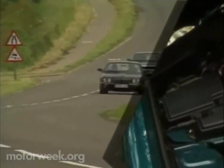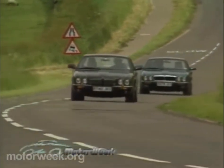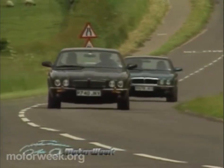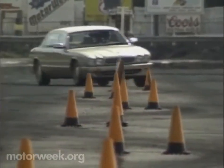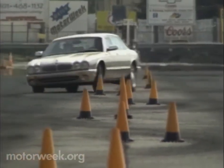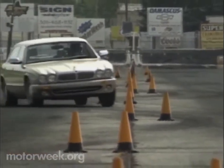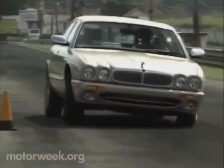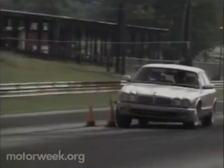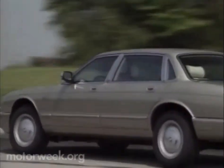Unfortunately, limited driving time in the XJR at the official UK press introduction meant that we spent most of our time in the standard car, and here in the States too. And that's hardly a bad place to be, because the new double wishbone front suspension and variable boost power steering systems, both adapted from the XK8 coupe, give the standard Saloon a feel closer to a serious sports sedan than any XJ before. All without losing that feel of suppleness and sophistication that has long been a hallmark of Jaguar's